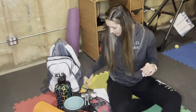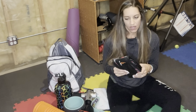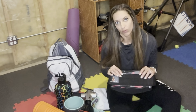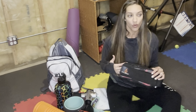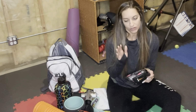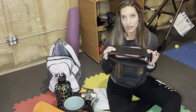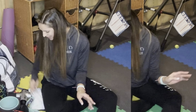Next item up is weight belt. So you shouldn't rely on them to have proper form, obviously, but these can come in very handy to help train yourself to breathe properly. You're supposed to breathe into the belt, so you're properly bracing your core. When you're properly bracing your core, then you actually have more efficient lifts. Also, especially for what I'm doing right now, it helps me make sure that I'm engaging my muscles the proper way when I'm lifting. So this is definitely a good thing to have on hand. Next item,